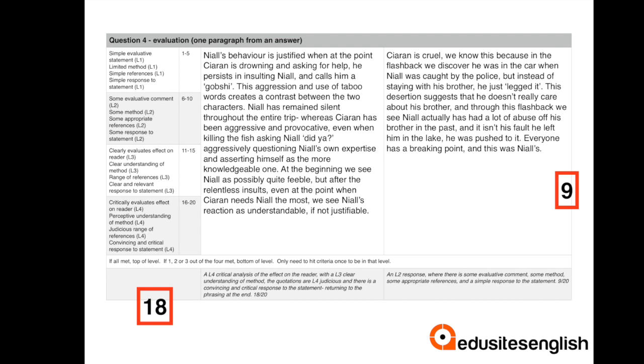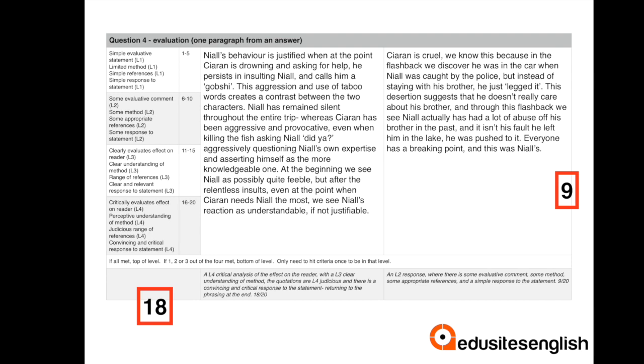The second example isn't as strong. It's attempting, there's some, but I wouldn't say it clearly evaluates on the reader. We've got Kieran is cruel, so it's some response to the statement. It doesn't really directly take that statement and respond to it as successfully as it could. We've got the quotations of legged it, so that is some textual reference,